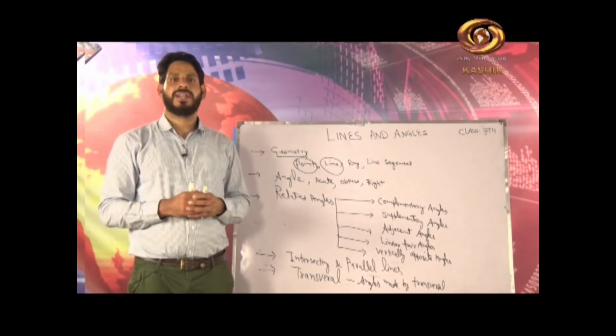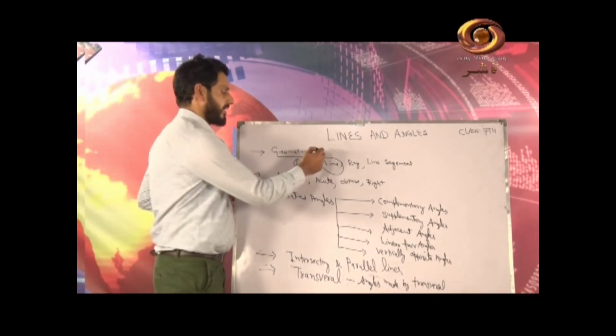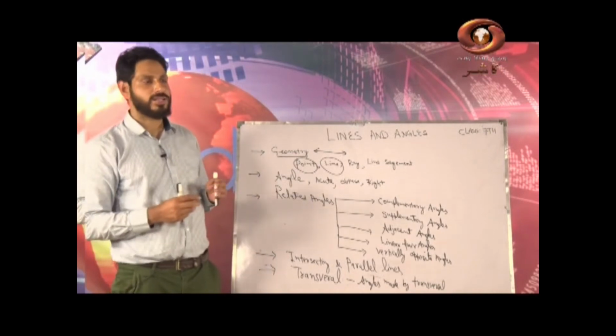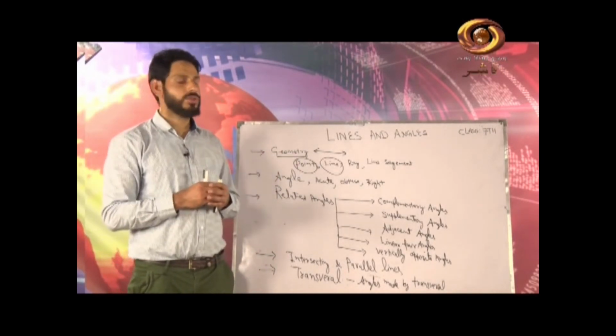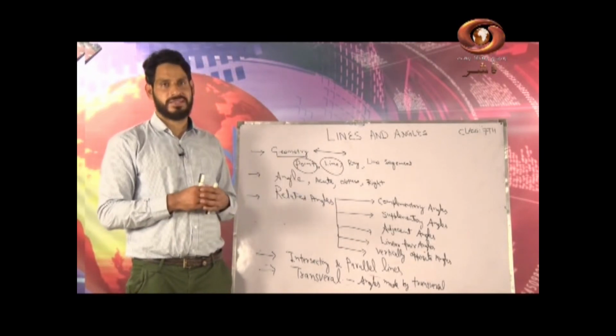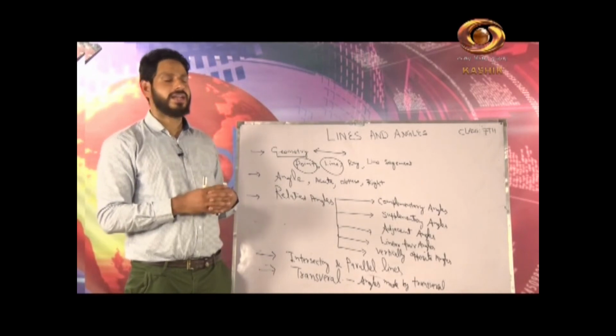Length has the property that it extends in both directions infinitely, and this line is made by joining these points, which we call dimensionless. They don't have length or breadth, but the line has length and extends in